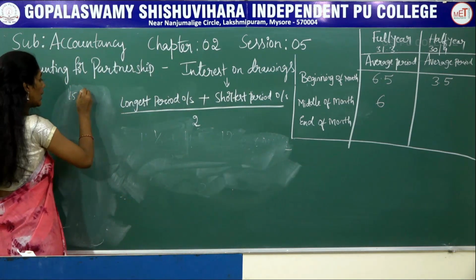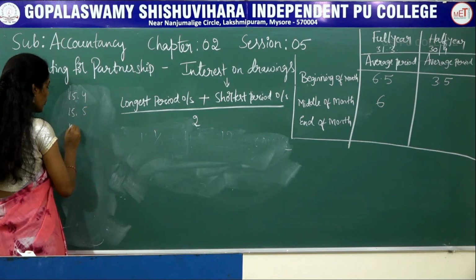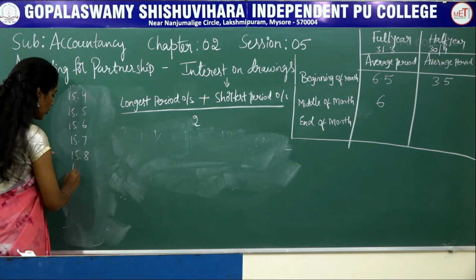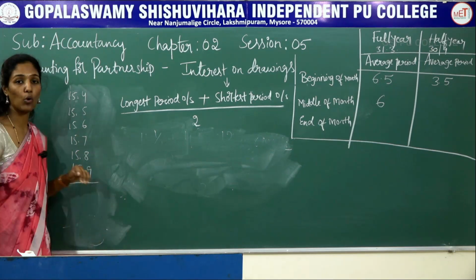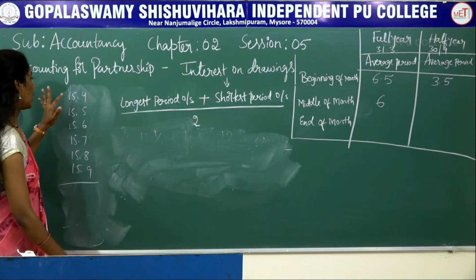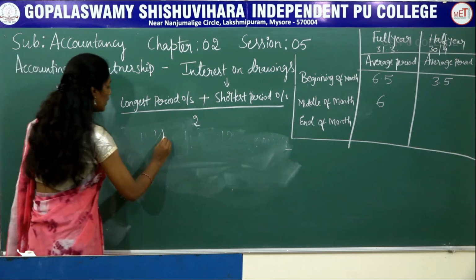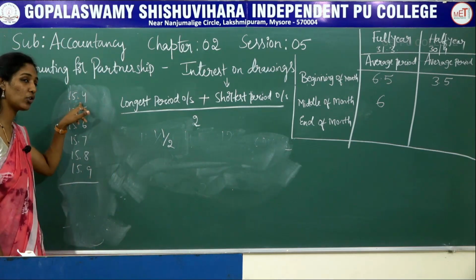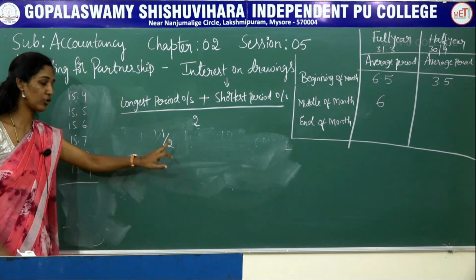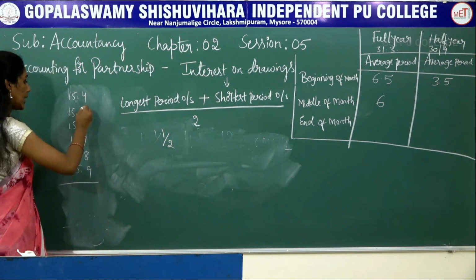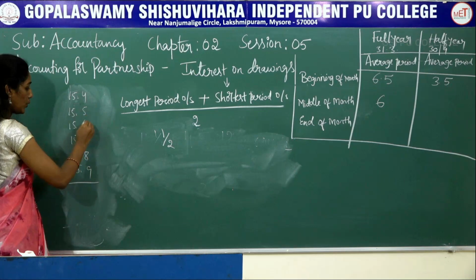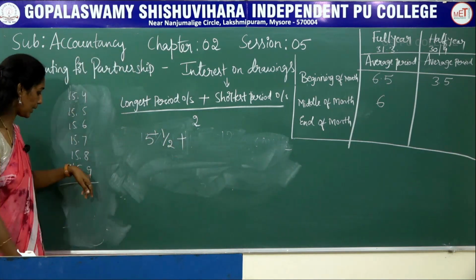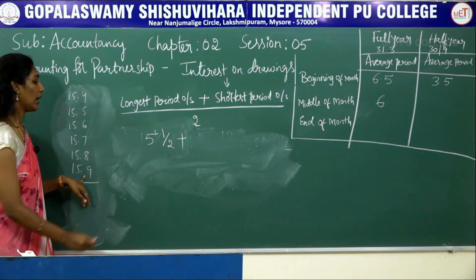So half yearly, when books of accounts are closed half yearly, then you should consider the number of months till September only. So the longest period here, first you should write half month, because in the first month he has withdrawn in the middle, so you should take only half month and then start counting from the next month. 1, 2, 3, 4, 5 and half, plus at the last month, September month, here half month